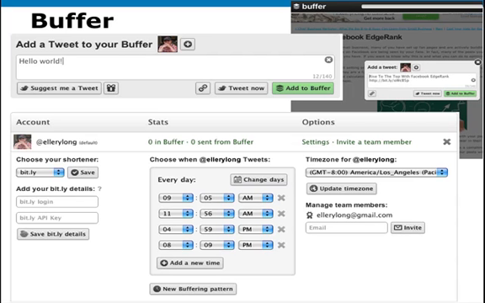Because more likely than not, you've got an hour of the day set aside that you're doing your news and blog reading, but you don't want to overwhelm your Twitter network with posting all that content in that same hour. So using a tool like Buffer is a great way to collect the great content that you're reading and meter it out over a specified period of time.